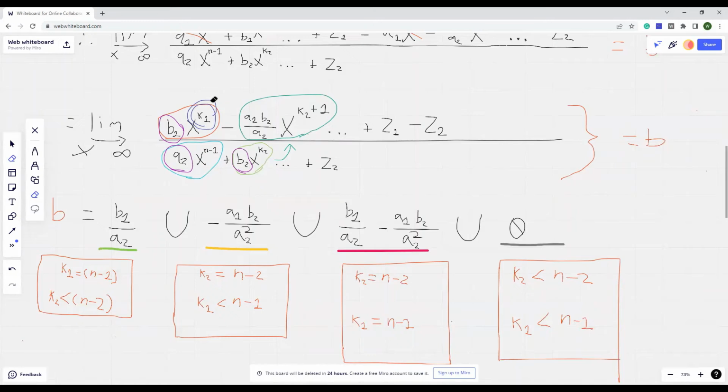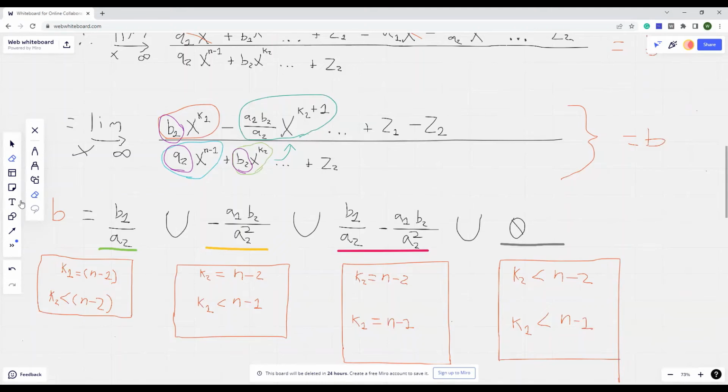Therefore, as x approaches infinity, they're just going to cancel each other out. You're going to get b sub 1 over a sub 2, right? And that's exactly what you get in this first option. Keep in mind that first option is contingent upon